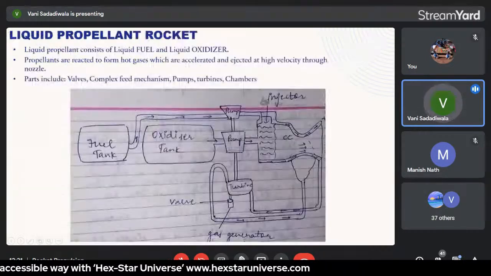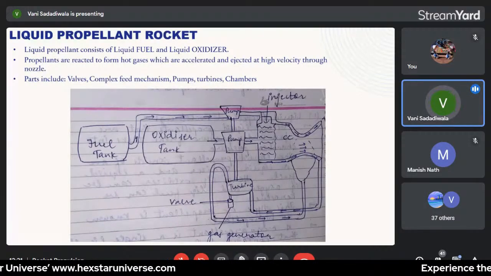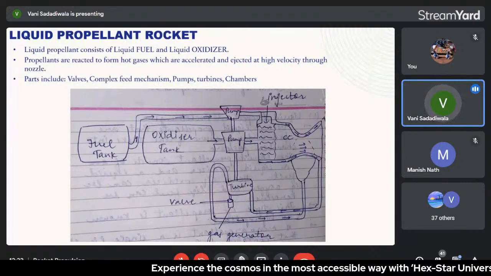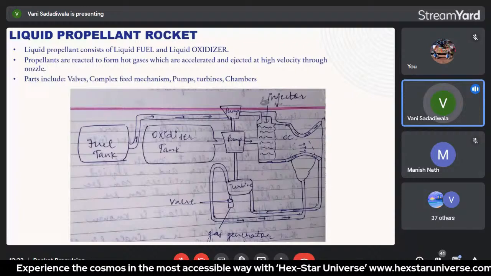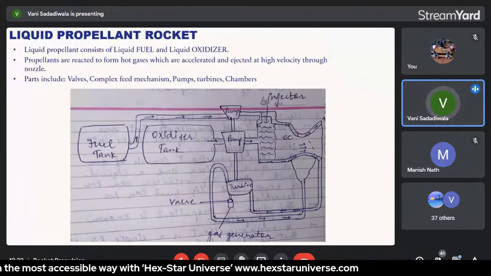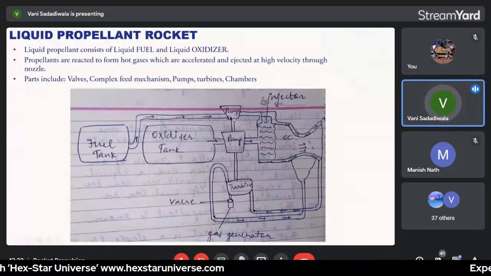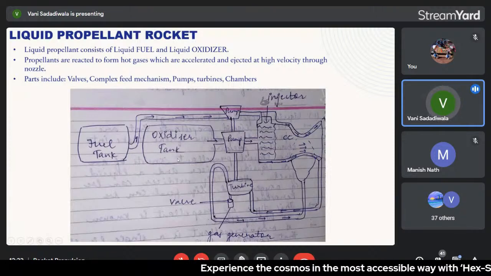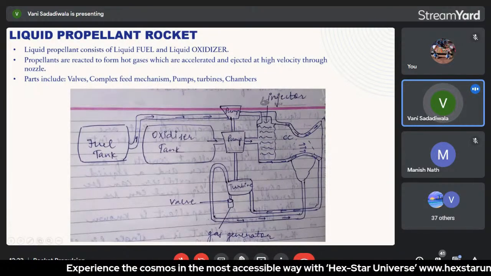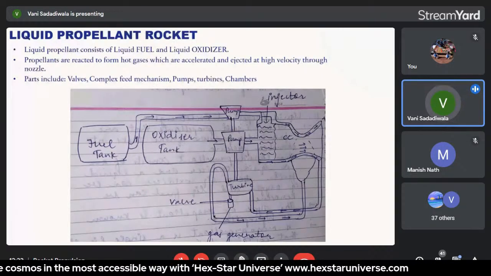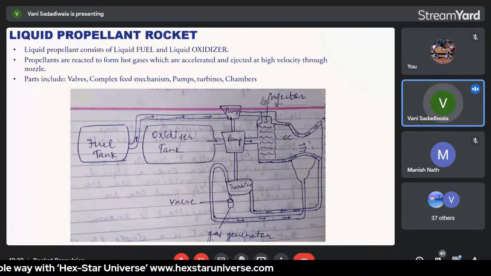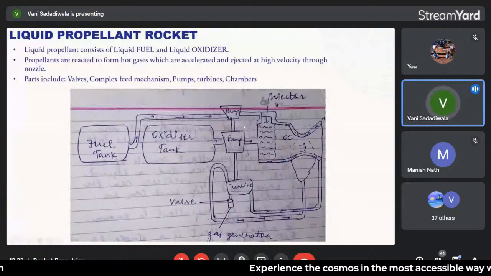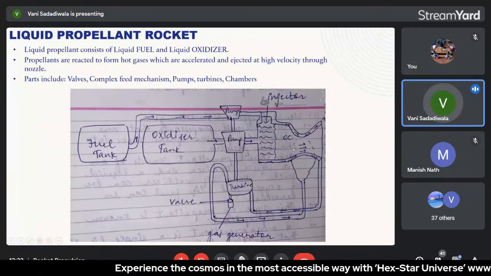If we talk about the second type, which is the liquid propellant rocket, this deals with the liquid propellant, which consists of liquid fuel and liquid oxidizer. So the fuel and oxidizer are in liquid state of matter. This kind of liquid propellants are fed under pressure from the tanks into the combustion chamber. So this kind of rocket deals with different fuel tank and different oxidizer. If we look back into the solid propellant rocket, there was a combination of fuel and oxidizer mixture used in a single tank. But if we compare it to the liquid propellant, there are two different tanks used for fuel as well as oxidizer. They are highly pressurized using the pump and they are injected in the combustion chamber,